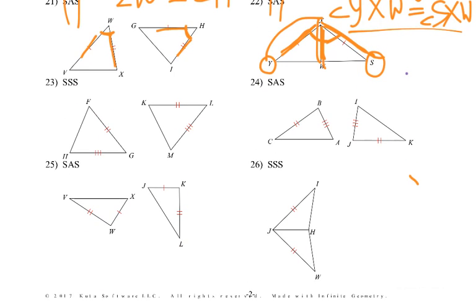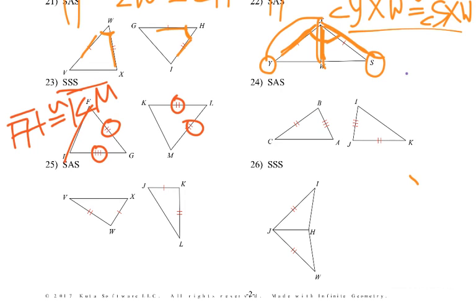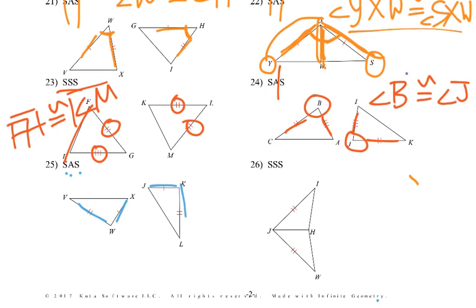Okay, now 23, shifting gears, three sides. We've got two of them, should be pretty easy, got to be that third side. So FH has to be congruent to KM. 24, back to side, angle, side. Got two sides again, so we're just missing that angle. So it's got to be angle B with J, because they're the angles that touch those two sides. 25, side, angle, side again. Two sides. It's got to be that angle in between, W and K. And then the last one,